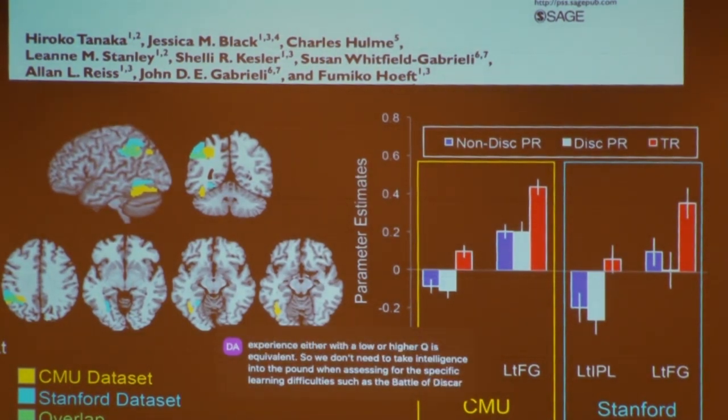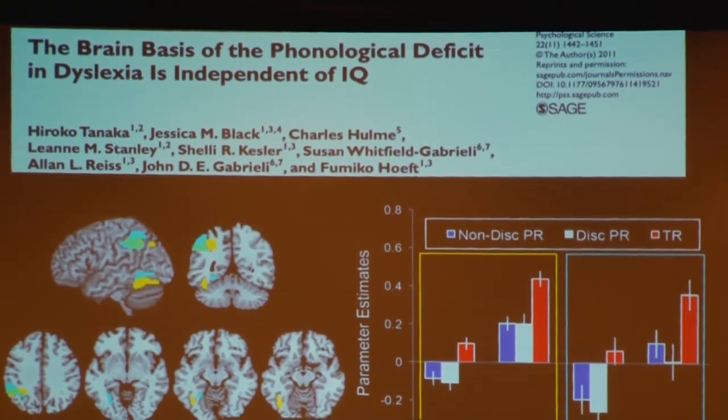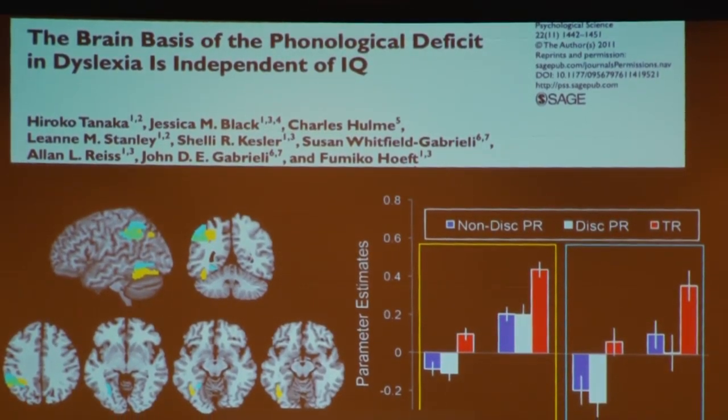And in fact, this is true for developmental dyslexia as well. This is a beautiful article published some years ago now by Tanaka out of Fumiko Hoeft's group. And what they did is they looked at discrepant and non-discrepant dyslexic children. So children who had either IQ within the normal range or low IQ. And what they